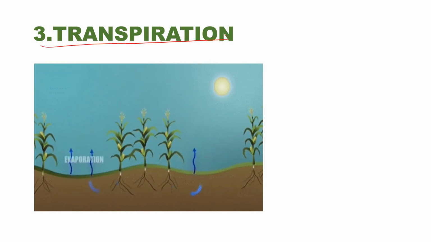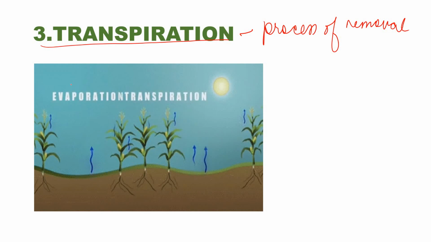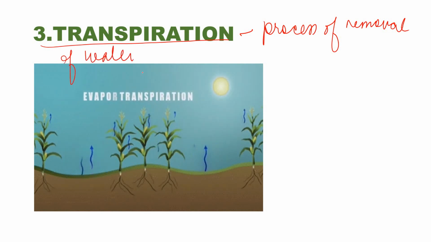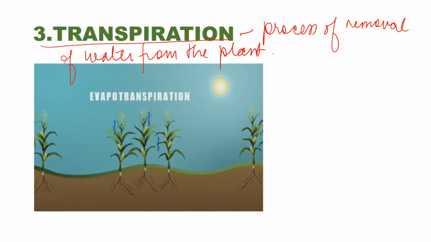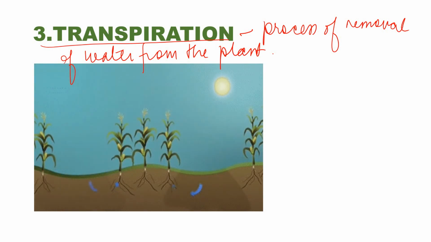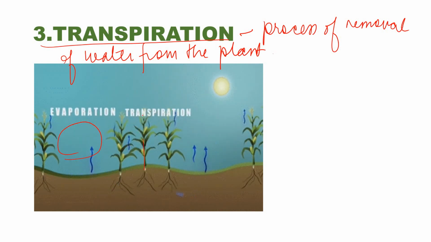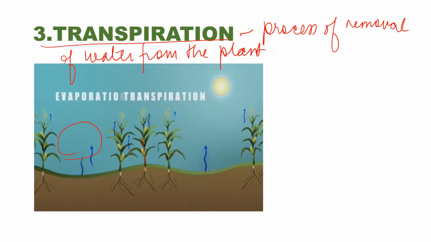transpiration. What is transpiration? It is the process of removal of water from the plant. We can see in this picture that evaporation is also loss of water and transpiration is also loss of water, isn't it? If you have studied evaporation, then you can definitely relate that both are